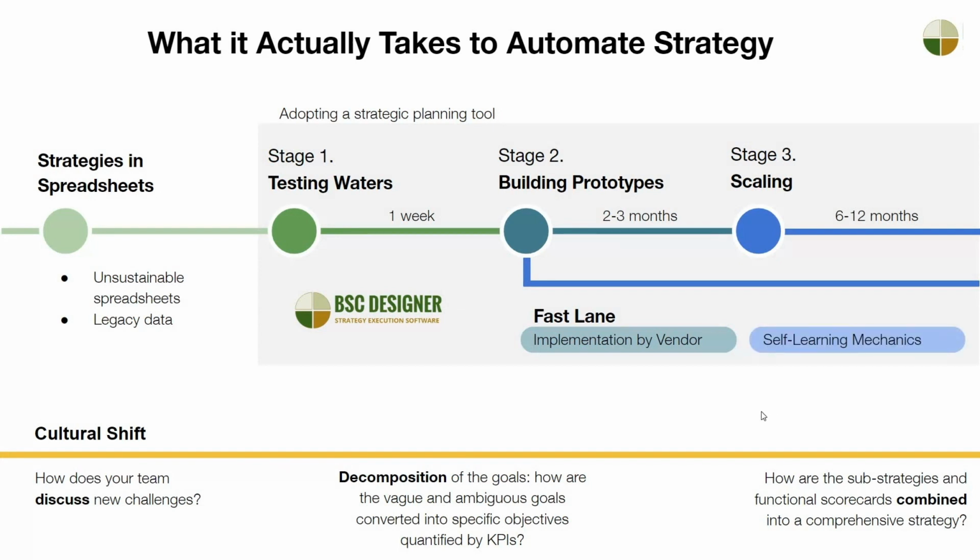One of the challenges we discussed in our implementation guide was the increasing complexity of the business environment. How does it affect software automation? As potential users, we want software that is plug and play and guides us throughout the process. For example, one of the self-learning mechanics in the BSC Designer is the quality score. The software analyzes a strategy scorecard automatically and displays the quality indicator. When the user clicks on it, the tool shows some improvement recommendations. Automatic analysis of the quality of the scorecard, source bscdesigner.com. Our help is still needed for larger implementations, but with all other training mechanics in place, like video tutorials, we significantly decrease the need for live training sessions.